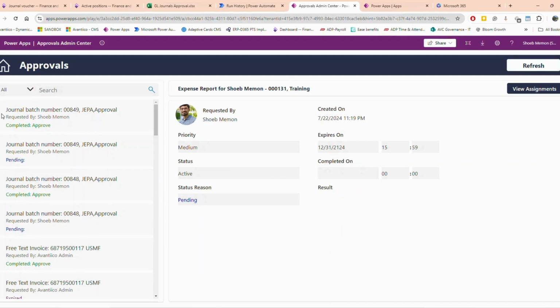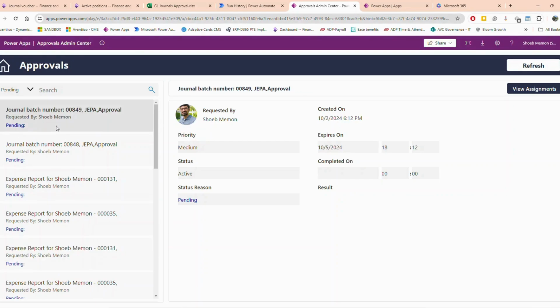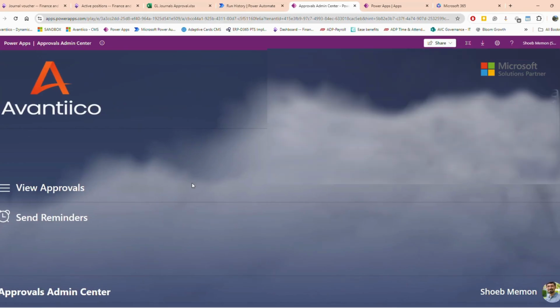You can filter by approval status, allowing for better visibility and quicker decision making. For example, I can easily check which journals are pending approval and drill into each one for more details. This app not only increases efficiency by consolidating approval tasks in one place, but also improves overall visibility across departments, ensuring that nothing gets overlooked in the approval process.